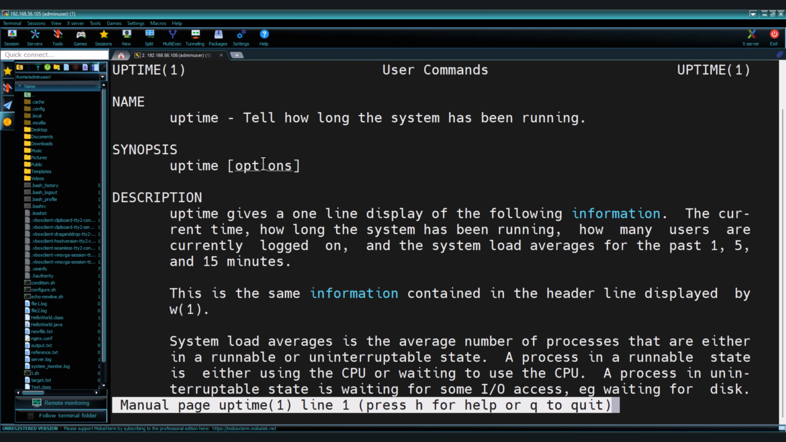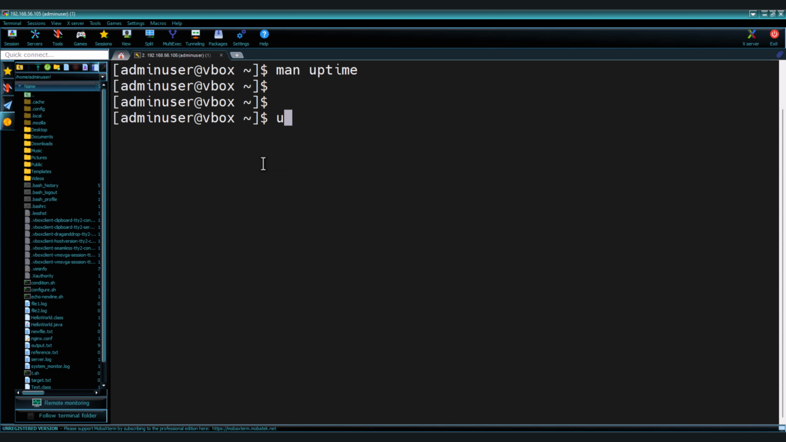Man uptime, how many users are logged in and the system load average over the past 1 minute, 5 minutes and 15 minutes. This information is vital for understanding your system performance, health and stability. When you run the command uptime,